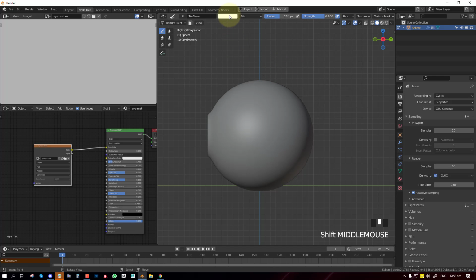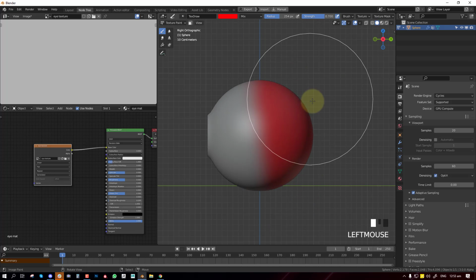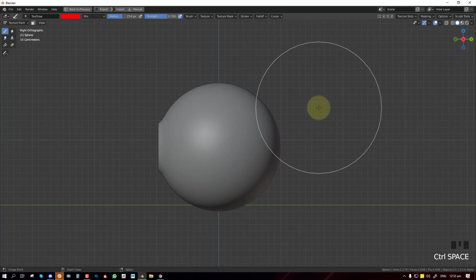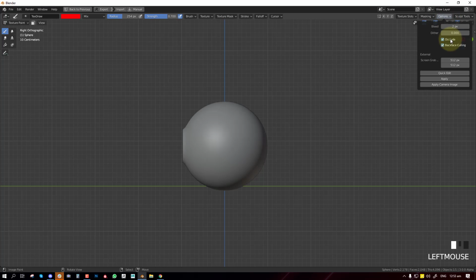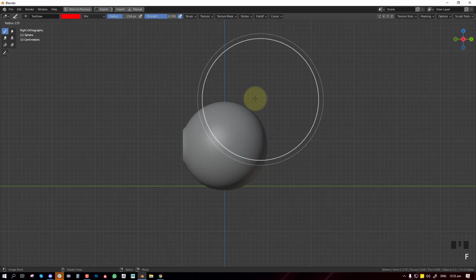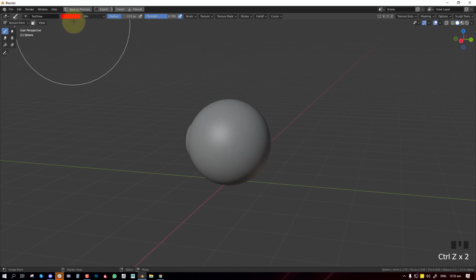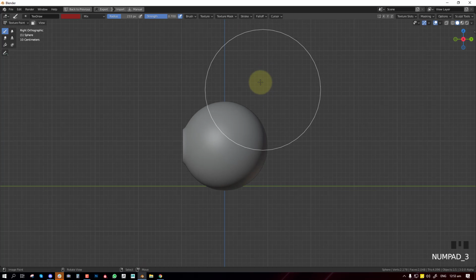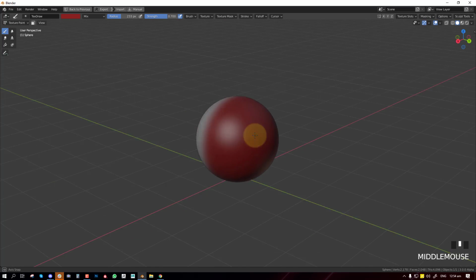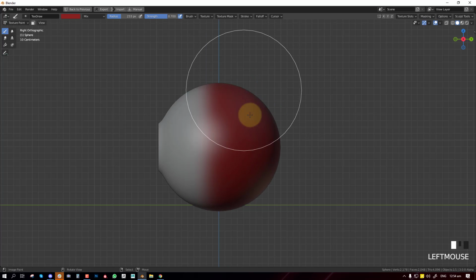So let's start. I want to paint red all of this, just to quickly get started. So a quick way to do that is, let's see if I can find that. Okay, so if you go to options, you'll see occlude and backface culling, so you just uncheck that, and now when we paint, it's going to go through it like this. So I think this is really red. Make it slightly something like this. So it's going to paint through it. I mean, you could use the symmetry, but this works too.